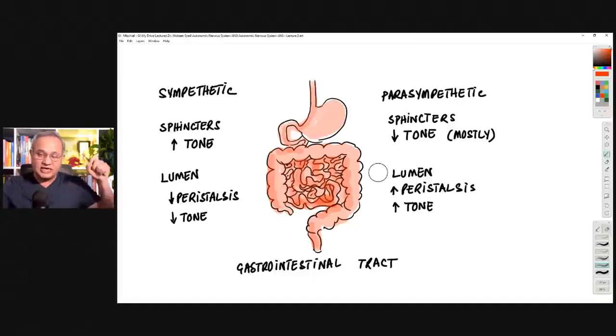Why? Because when the GIT functions, it produces secretions and it causes motility. And motility would make the food and substances move towards the sphincter and put pressure on the sphincter to say, let this be ejected. And here we have decided that we don't want the sphincters to be open. Then we don't want the GIT pushing food and stools towards the sphincters. So to compensate, the GIT muscle activity will reduce in the sympathetic system. GIT secretions will reduce in the sympathetic system, but sphincter muscle will contract.